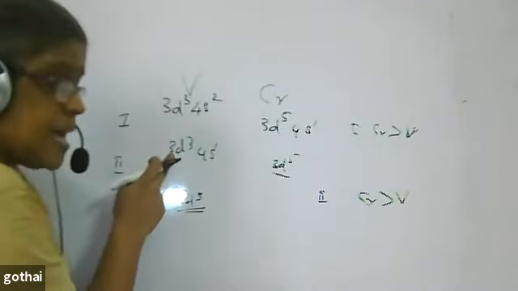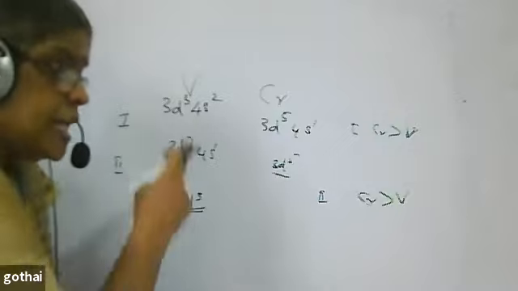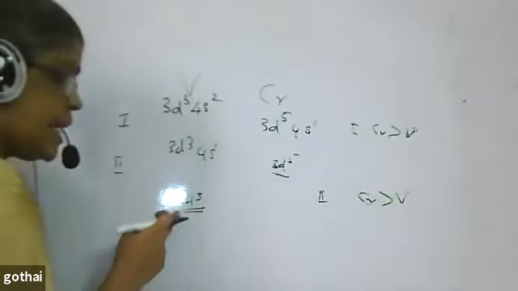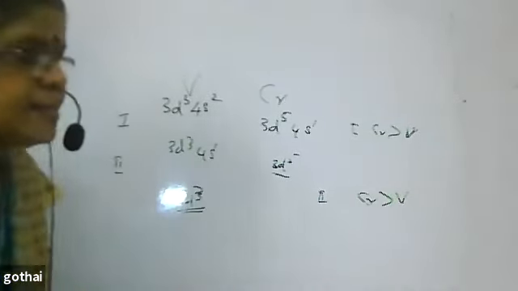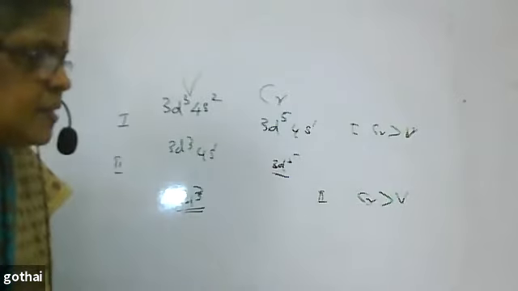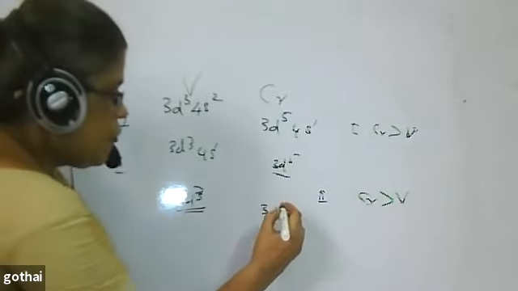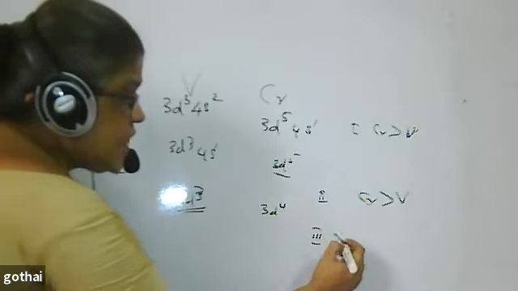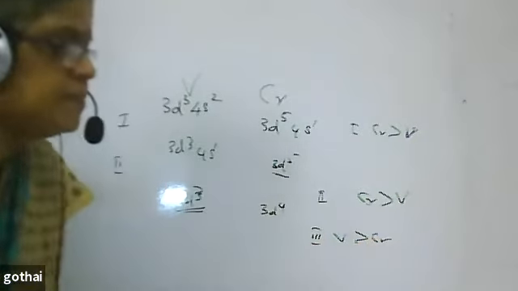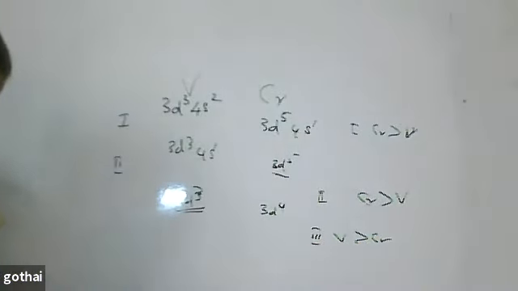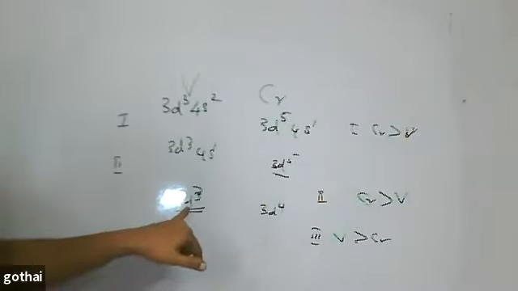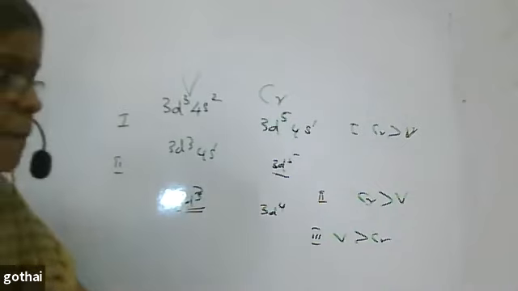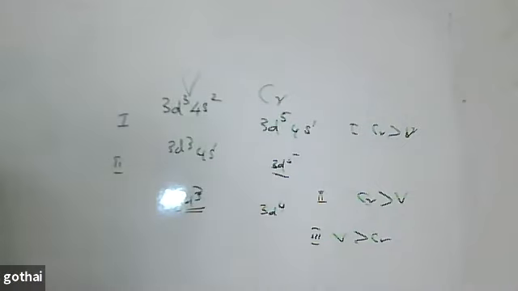Here, it is unstable, because 3d3 4s1 is ready to lose one electron to attain the stable 3d3 configuration. Once it is removed, it will be 3d4. The third ionization enthalpy of vanadium will be greater than chromium. This is what you expect, since it is moving from 3d3. Understand? But in some places, you cannot expect it.